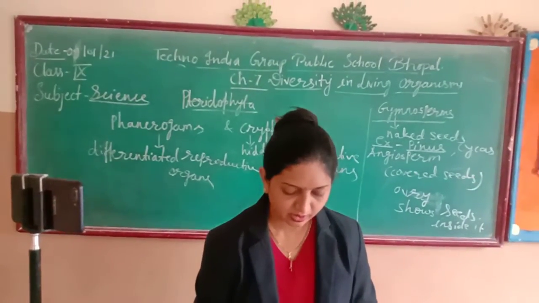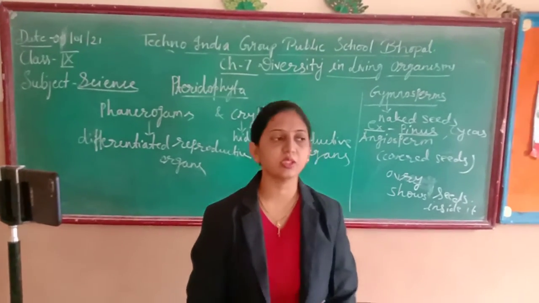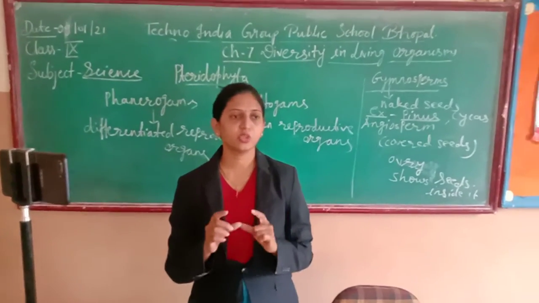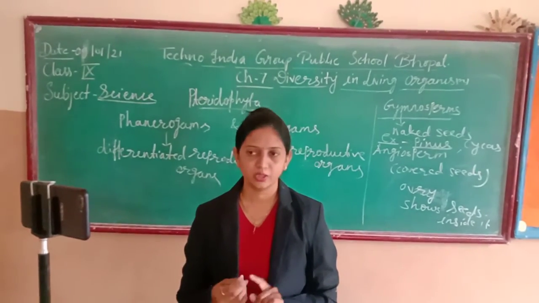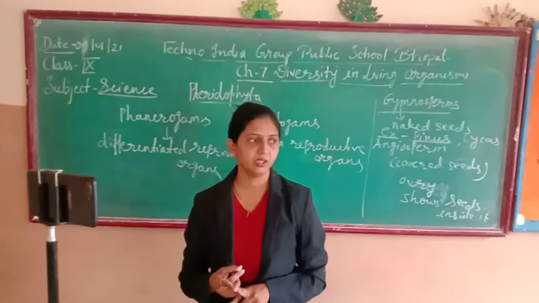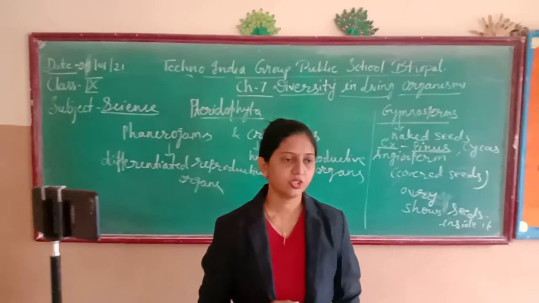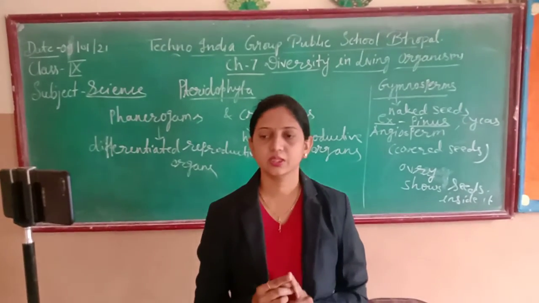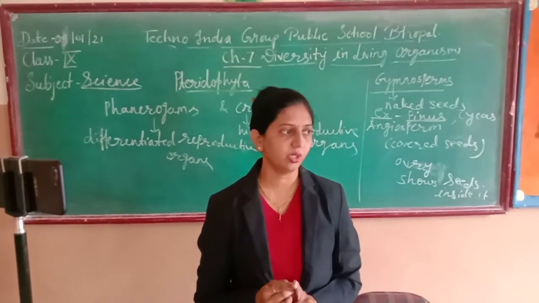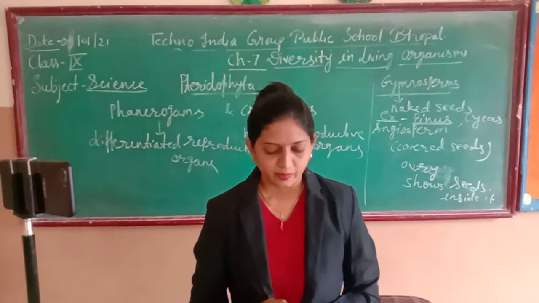So what is the next thing? The plant embryo in seeds has structures called cotyledons. What is meant by cotyledons? The structure of the seed you already know. What is present inside the seed? Seed coat is the outer covering of the seed, which is tough in nature, and it provides protection to the inner part of the seed. So cotyledons, seed coat and embryo. Okay, these are the different parts of the seed.